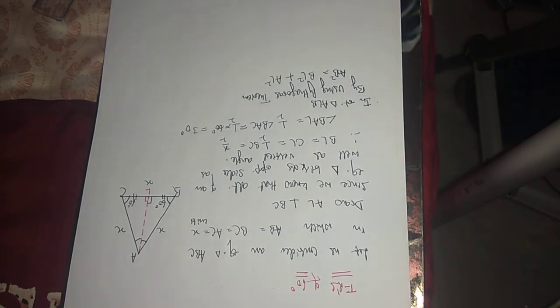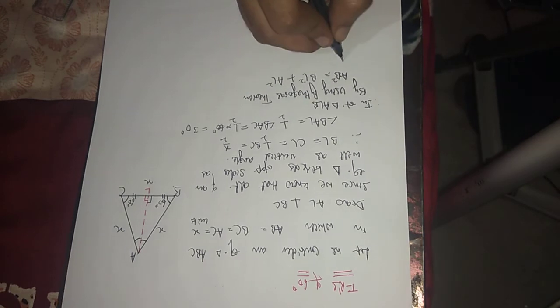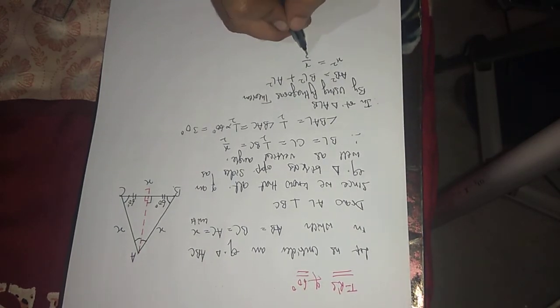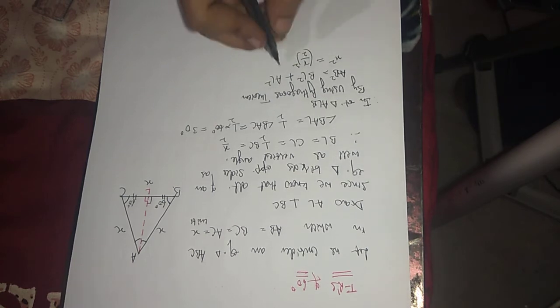AB is x, and BL is x upon 2, so it is x upon 2 square